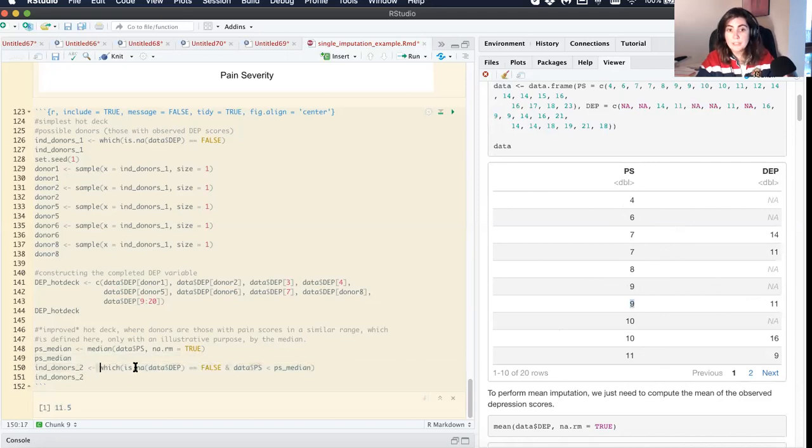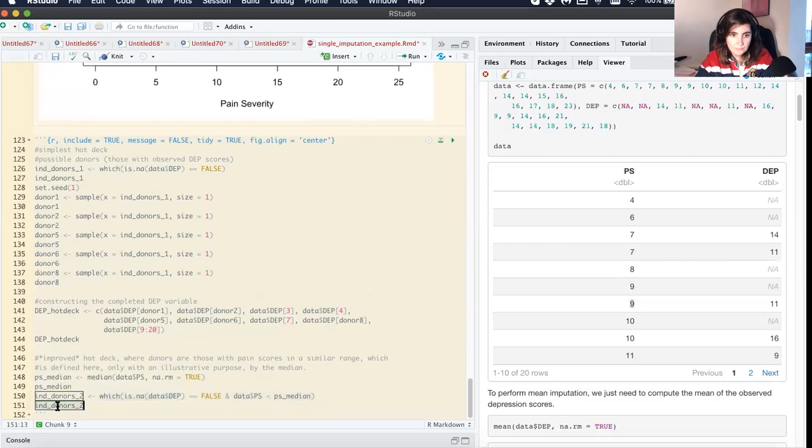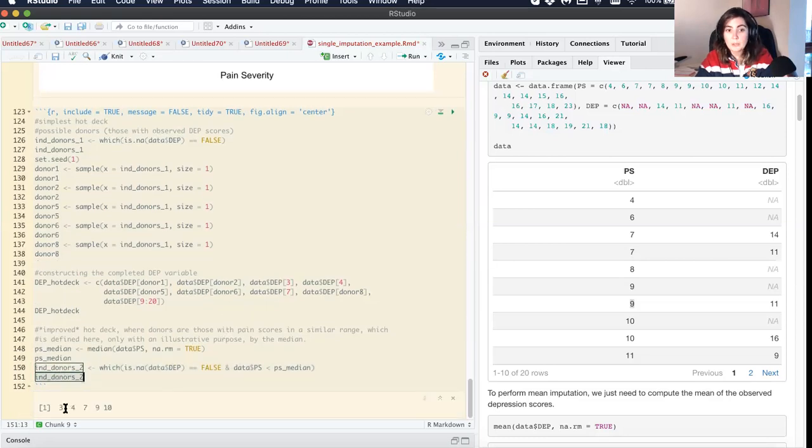I'm trying to find the individuals that fall exactly in this stratum, let's say, that have an observed value for the depression score, because I want to borrow their values, and that belong to the first group, that their pain score is below the median. And if I do that,